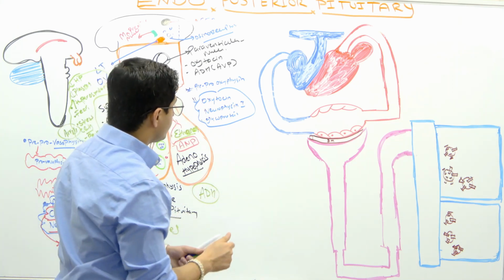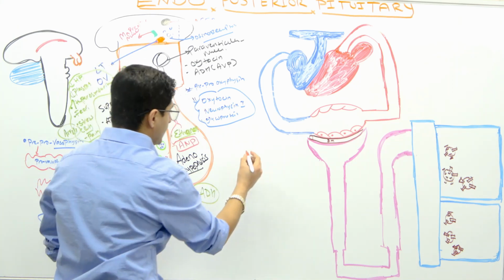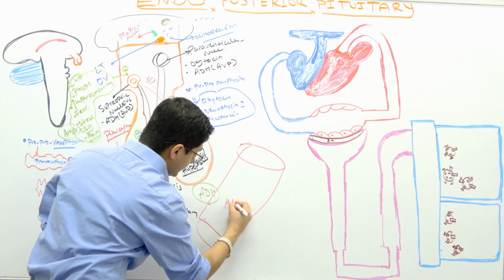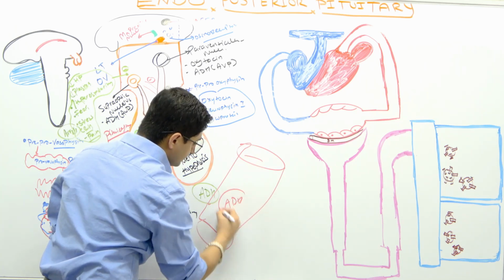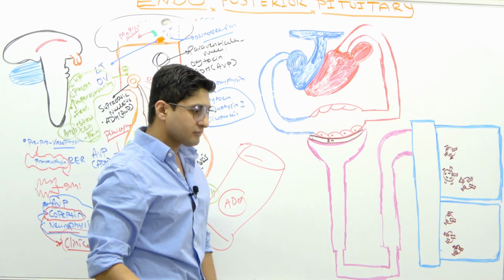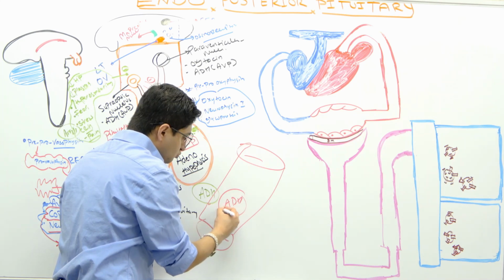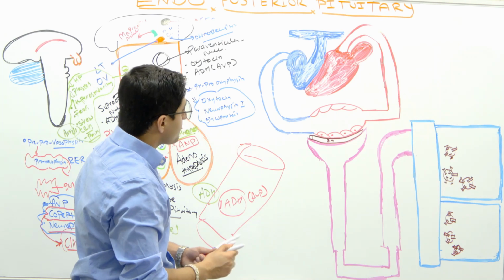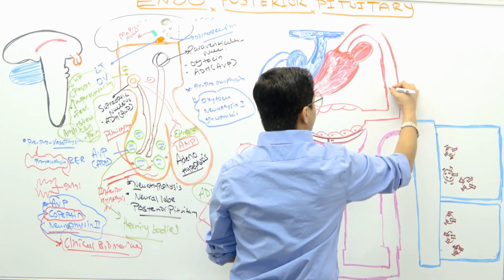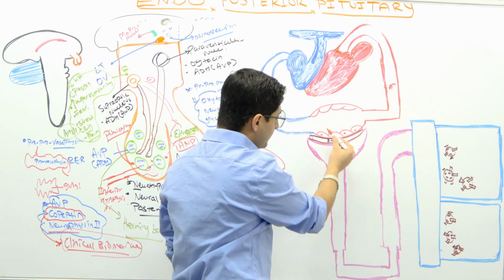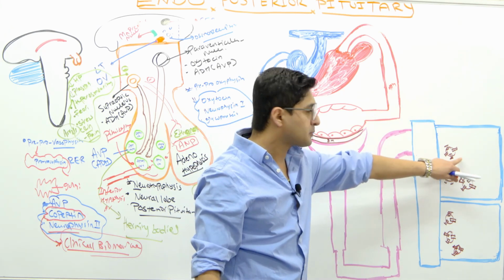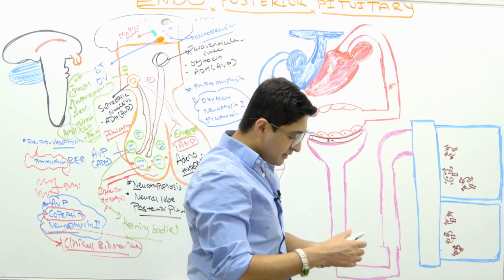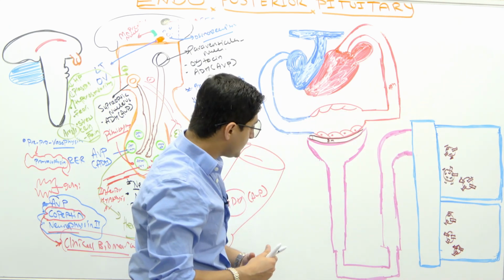So whenever this arginine vasopressin is released, let's say this is circulation, and this ADH is right here. What happens is they'll go from the heart, all the way to here, and then what's going to happen? They'll go down to your kidney tubules, because remember, in the collecting tubules, if I want to quickly